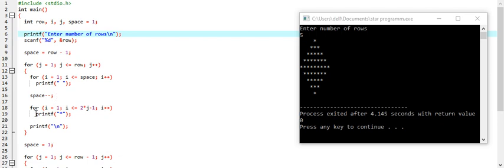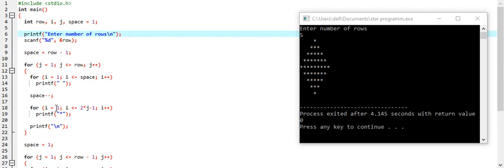I have used another for loop in which I have given i an initial value 1, and I have used the condition that i is less than or equal to 2 multiplied by j minus 1, which means that whenever j is 1, it will be 2 multiplied by 1 minus 1, so i would be less than or equal to 1. So this loop would run only one time and would only print one star, as we can see that it's printing only one star in the first row.